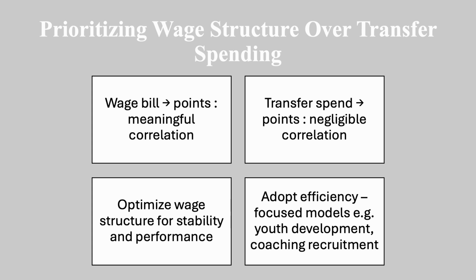Our first recommendation is that clubs should prioritise wage structure optimization over transfer spending. The wage to points relationship in our dashboard shows a moderate but meaningful connection, whereas transfer spending has almost no predictive value. This means clubs don't need to chase expensive signings, they need to invest more intelligently in the players that they already have. A stable and well-structured wage system supports squad cohesion, reduces financial volatility, and delivers more consistent